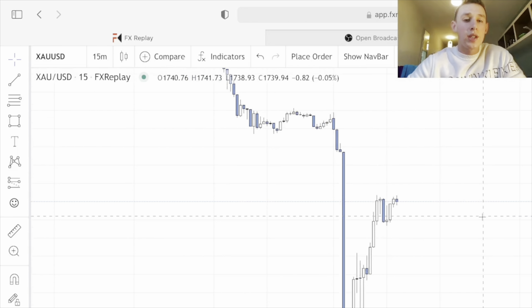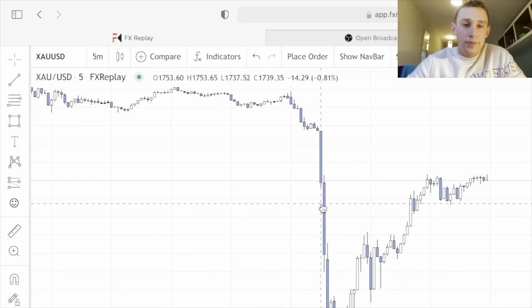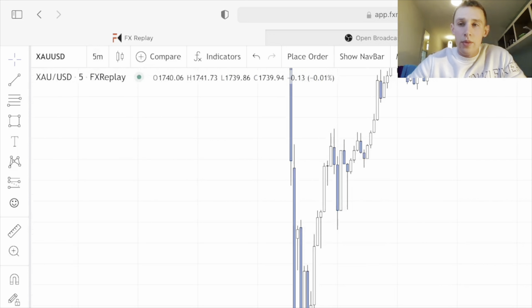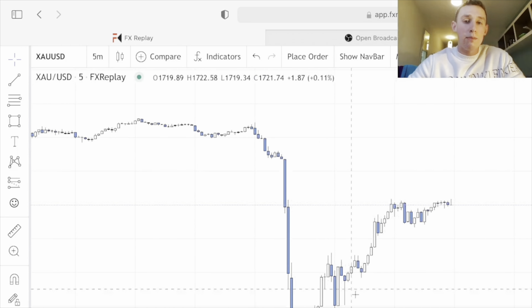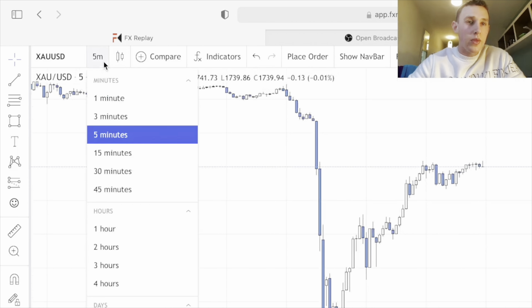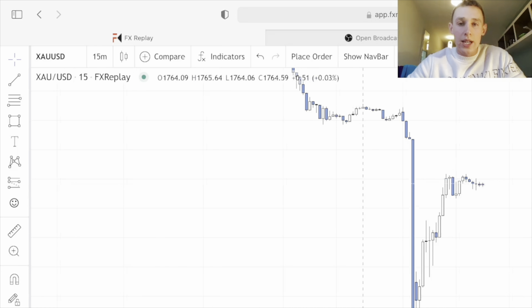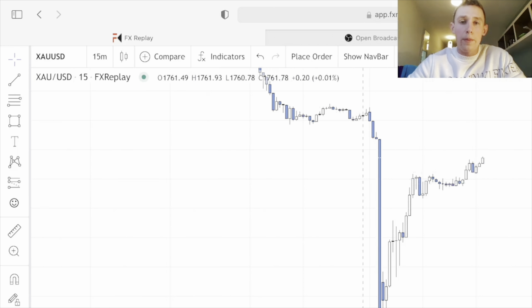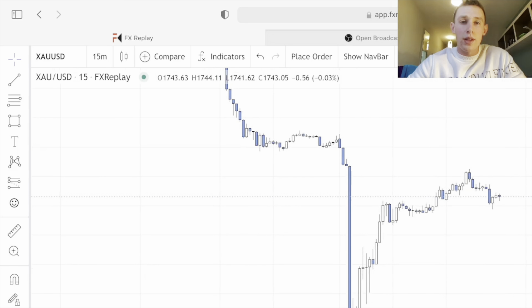So looking at this, going on the 5-minute, we can see that a new trend has sort of been formed internally within this imbalance. So if we play price a little bit, not really seeing anything at the moment. All right, so now what we have,